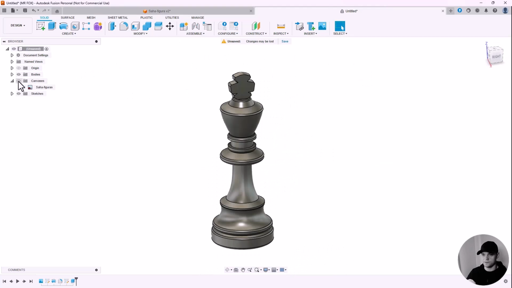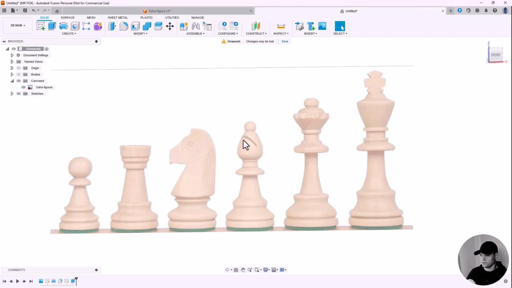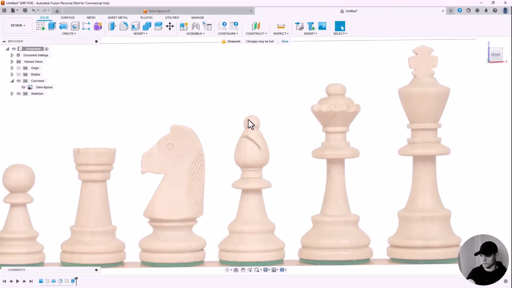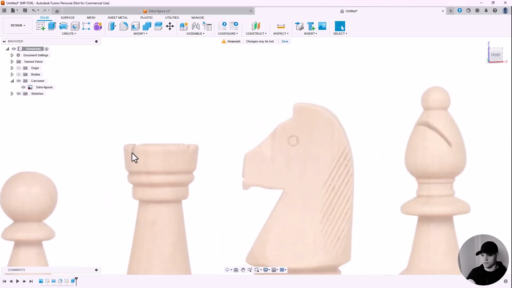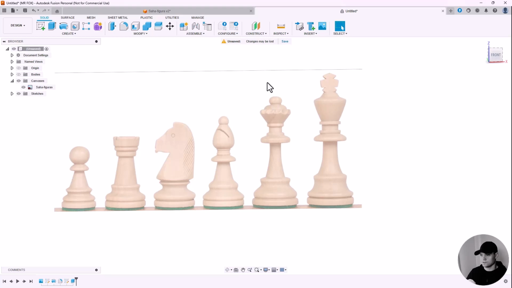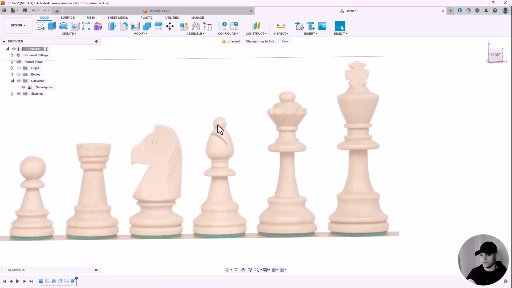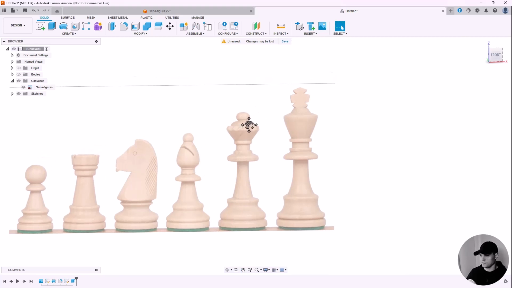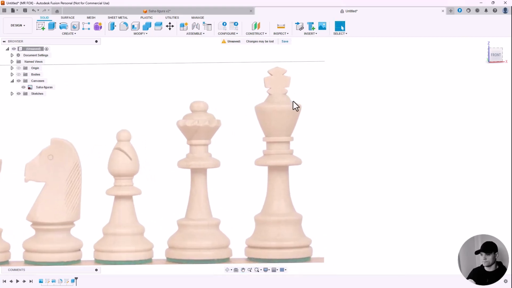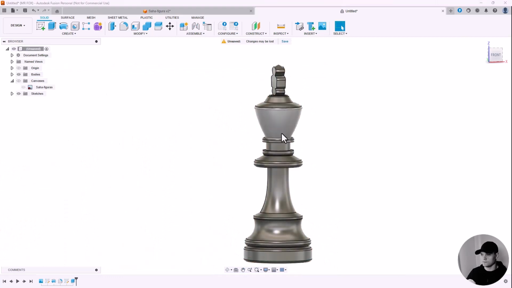Let's switch on the canvas again, turn off the body, and I'll show you how we can make these little details. For example, this piece has a cutout here, and also this piece has these grooves here. So we can do that by making just an extrusion. But what about these grooves here? These look different. So I'll show you a technique that can be easily used. Let's turn on the bodies again, turn off the canvas,